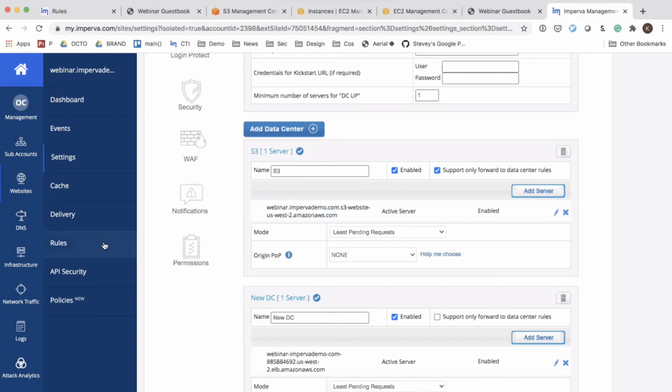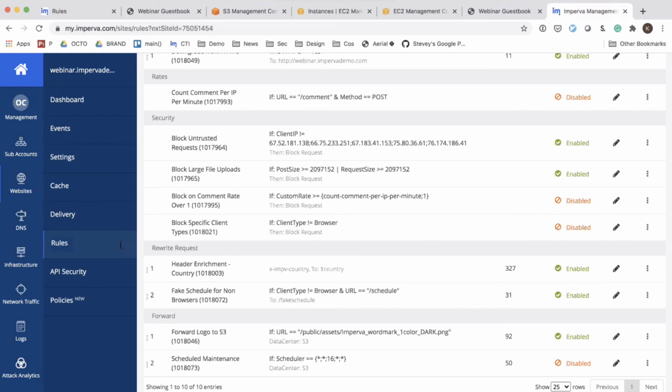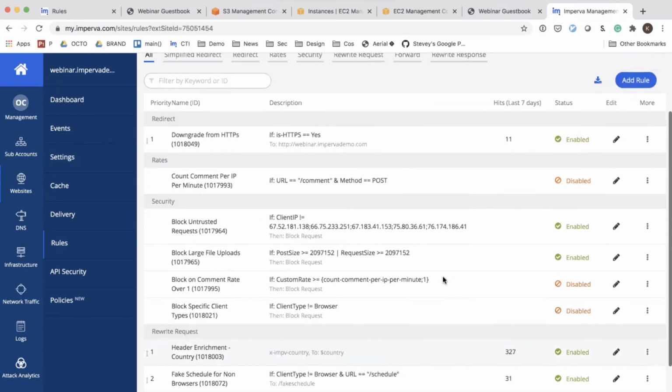And now when I go back to rules, when you create these data centers, you can do a couple of cool things. Now, one thing to share is, because I'm leveraging S3, S3 doesn't serve things over HTTPS. S3 serves things only over HTTP. So for that, I built a rule that said if I see anything coming over HTTPS, modify it to HTTP. There are other workarounds for this in terms of request rewriting. Just for expediency and for the purpose of the demo over here, I'm just going through this particular path.